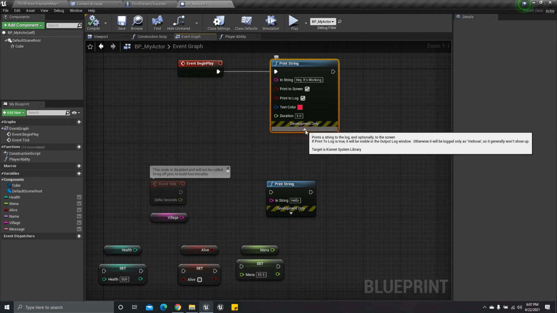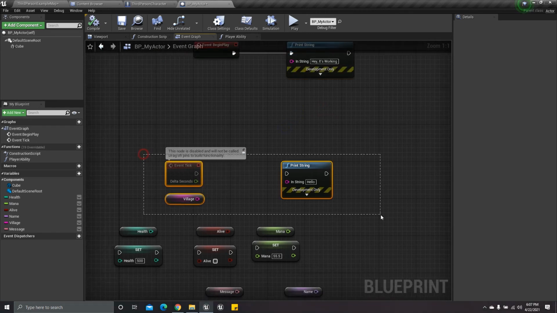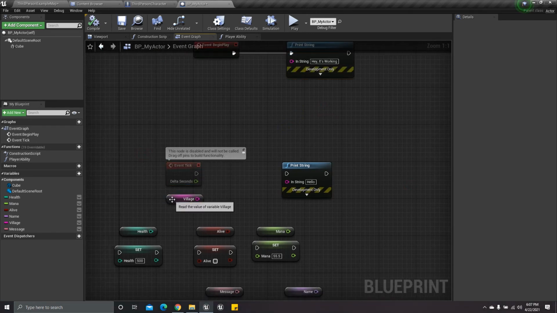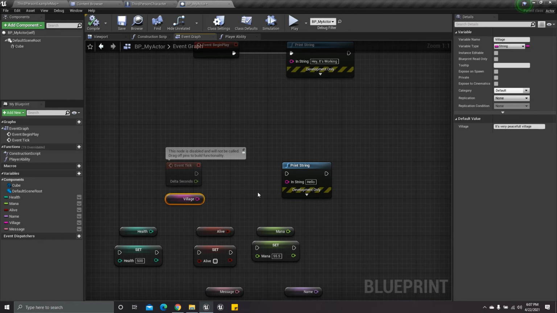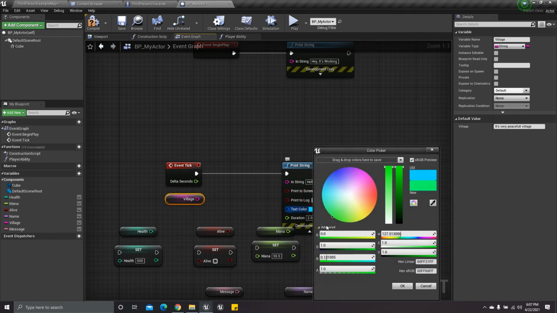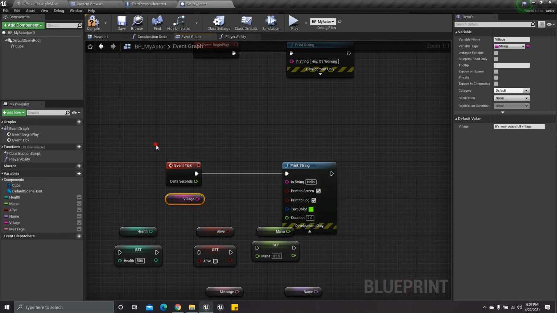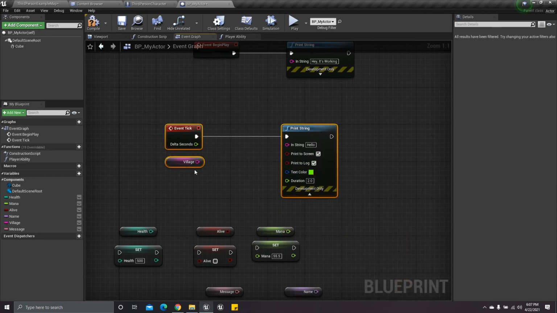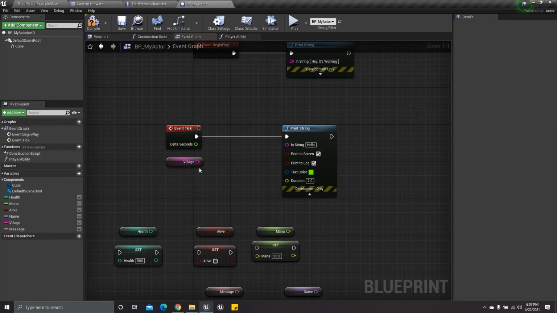Then I'm going to show the event tick. Okay, so I'm connecting event tick here. Going to change it to green. Little up, duration again doesn't matter.